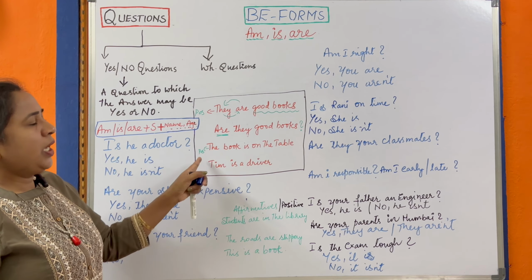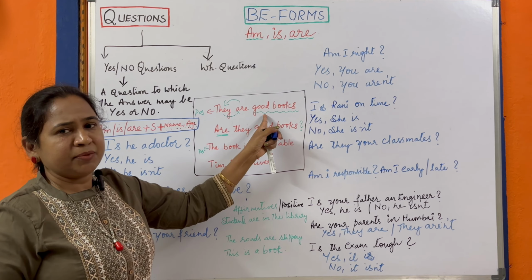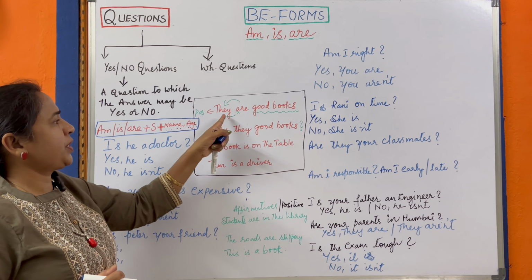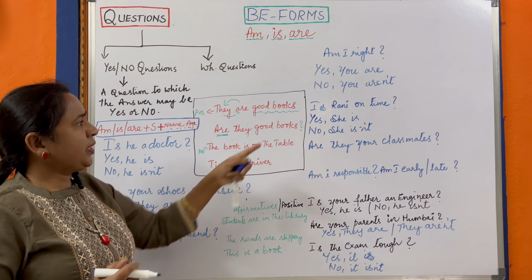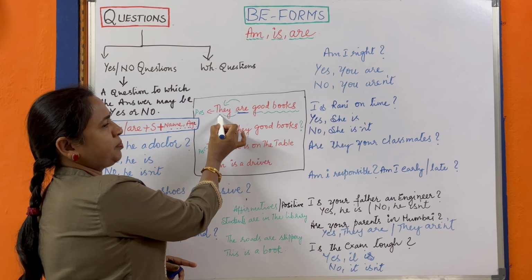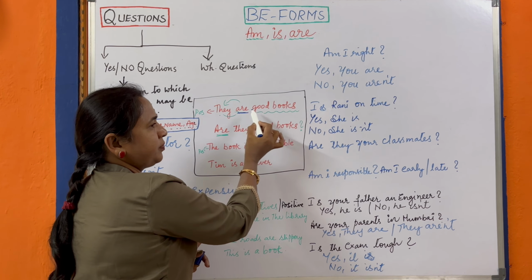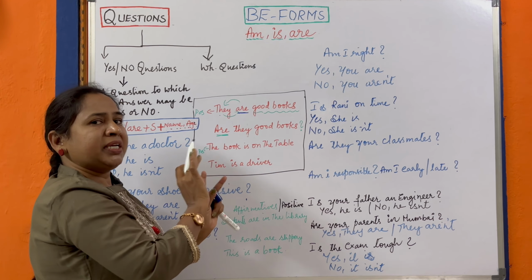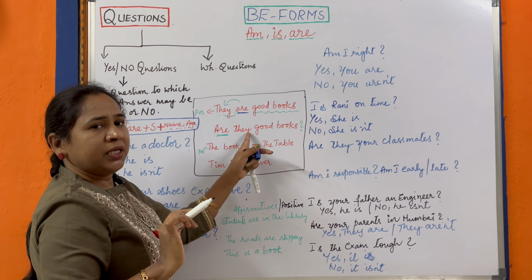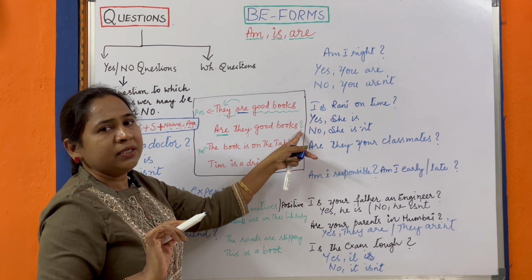Right? So I want to give you another tip. Now here it is a positive sentence. It's an affirmative. Affirmative is nothing but a positive sentence. How can a positive be converted to a question form? Let us see. That is a yes no question. They are good books. Right? Here, whatever be form you have, the be form will take the first place, that is the subject place, and the subject will take the be form place. Now that becomes the question. And the rest of the sentence will remain in the same position. Okay, are they good books? And one more thing, please notice that the first letter should be a capital letter and you're going to tag a question mark there.